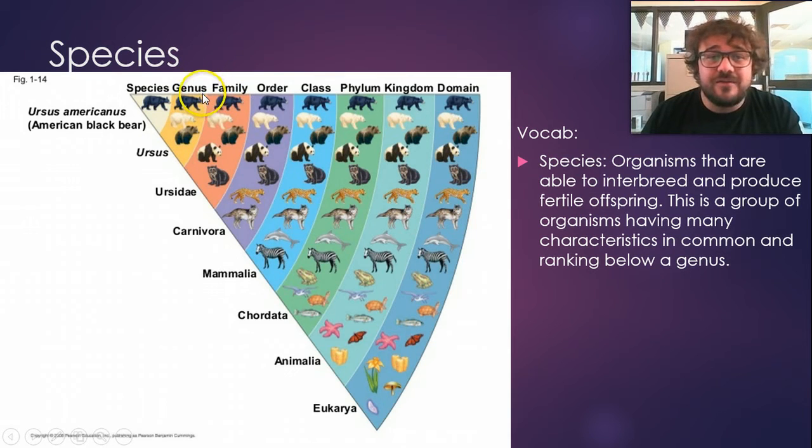Then you have your genus, which is just the bears, just the ones we would look at and go, a bear, remember? A panda is a raccoon. And then we get to the specific one. Now, what makes it special is that these are all fairly similar, pretty much the same. A little bit different, bigger differences still, and so forth. What happens here is that this bear can only have babies that are fertile with another one of this species, and that's what makes it a species.